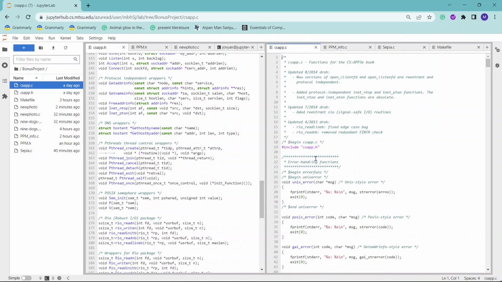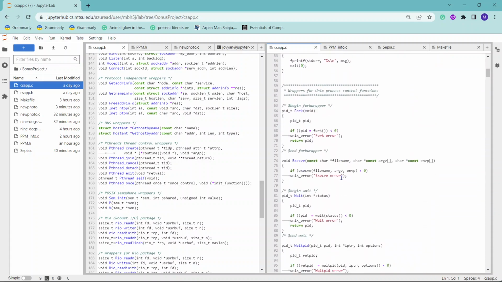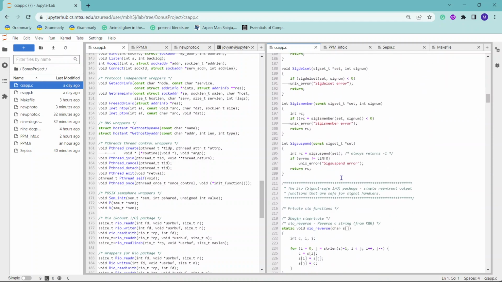The one next to chapp.h is chapp.c. This one has all the calls of the functions. So the one I mainly used was